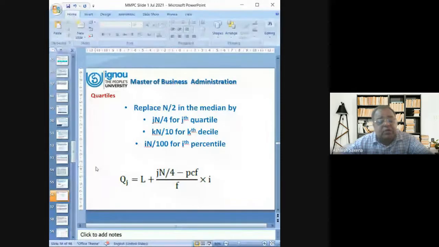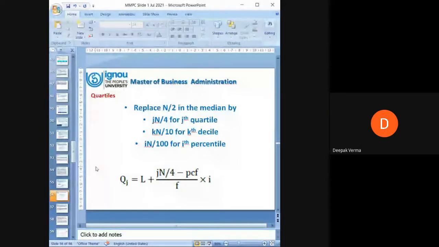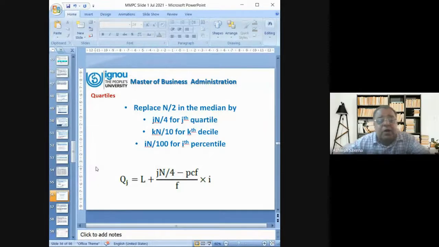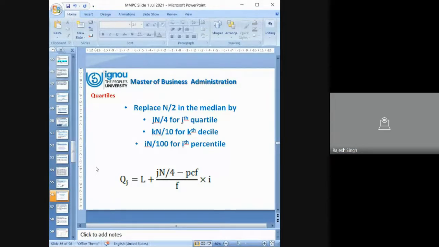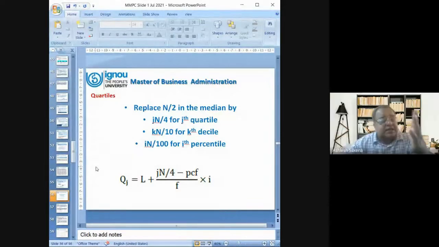क्वार्टाइल जो मीडियन होता है वो डाटा को 2 में डिवाइड करता है, क्वार्टाइल 4 में डिवाइड करता है, डेसाइल 10 में डिवाइड करता है। Sir, can you please tell what is quartile? भैया मैं वही बता रहा हूँ कि क्वार्टाइल क्या होता है। मीडियन करता है 2 पार्ट में डिवाइड डाटा को, क्वार्टाइल करता है 4 पार्ट में डाटा को, डेसाइल करता है 10 पार्ट में और परसेंटाइल करता है 100 पार्ट। डिवीजन ऑफ डाटा।